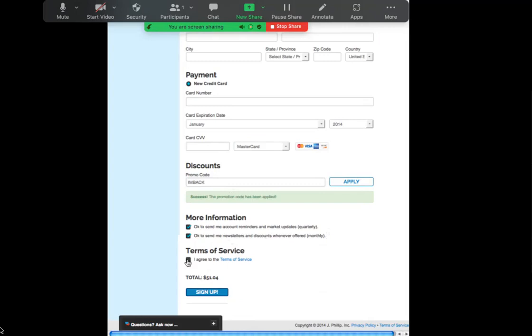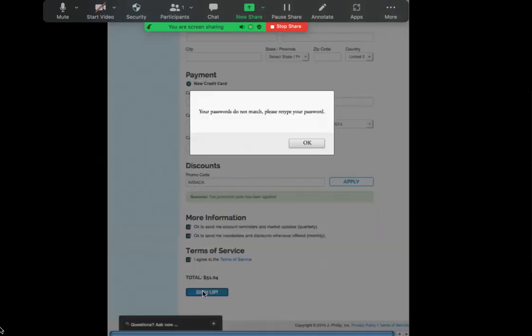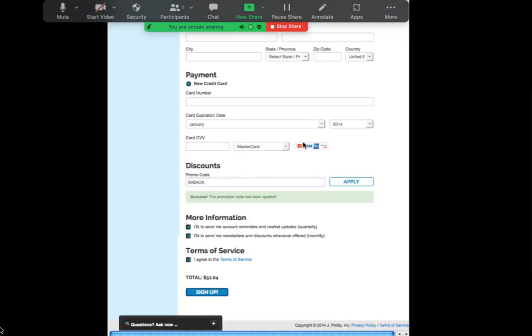And then lastly, agree to the terms of service, and then click Sign Me Up. So that's how you open up a new account. I hope this has been helpful. If you have other questions,